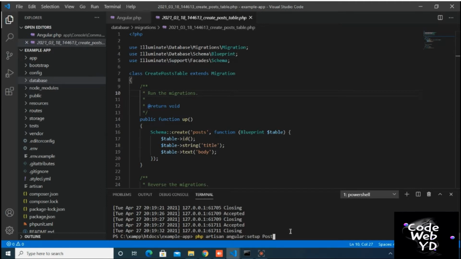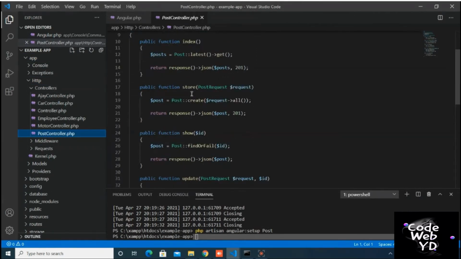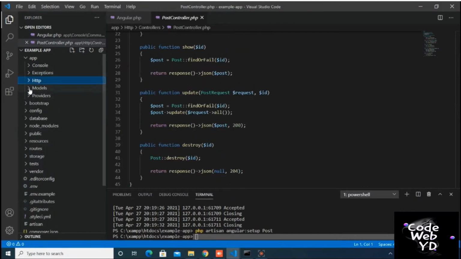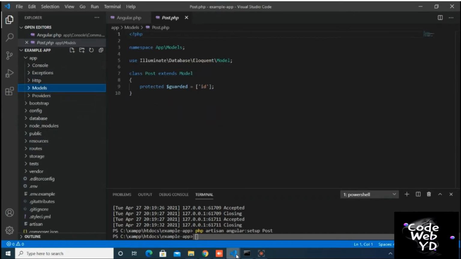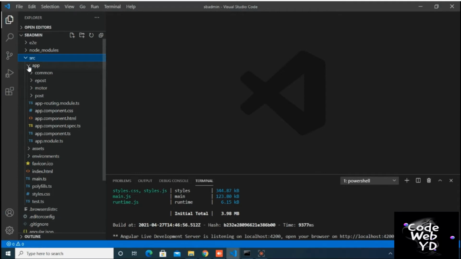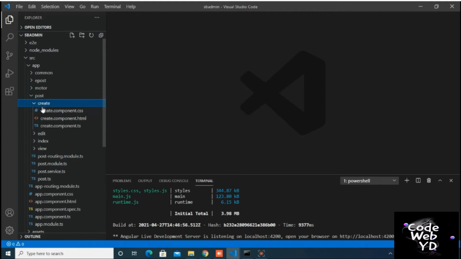With the help of this command, we create Angular file and Laravel file both. In backend side file, we are generating post controller, post model and API routes. Inside post, we have 4 folders: create, edit, index and view.